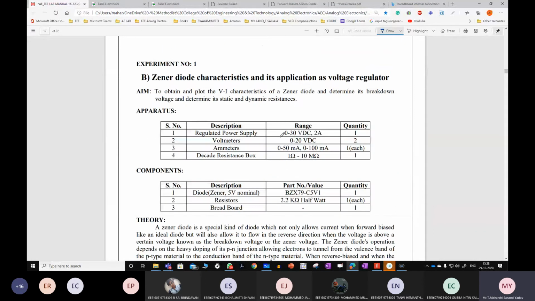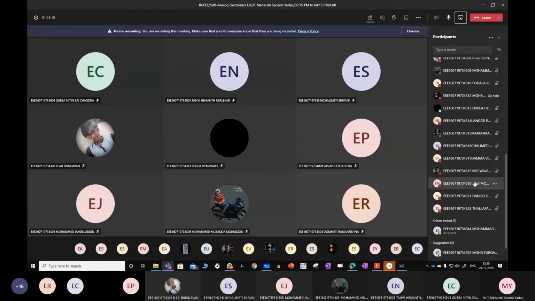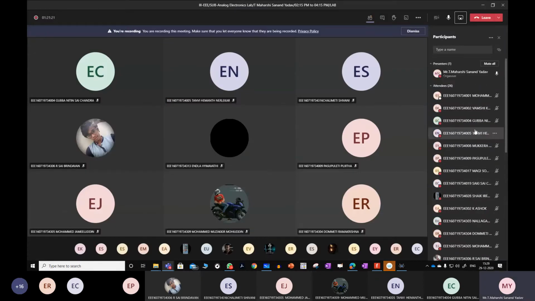Under experiment 1 only, the second part is Zener diode characteristics and its application as a voltage regulator. Before this, can anyone explain to me the working of the Zener diode? Operated in reverse bias, sir.